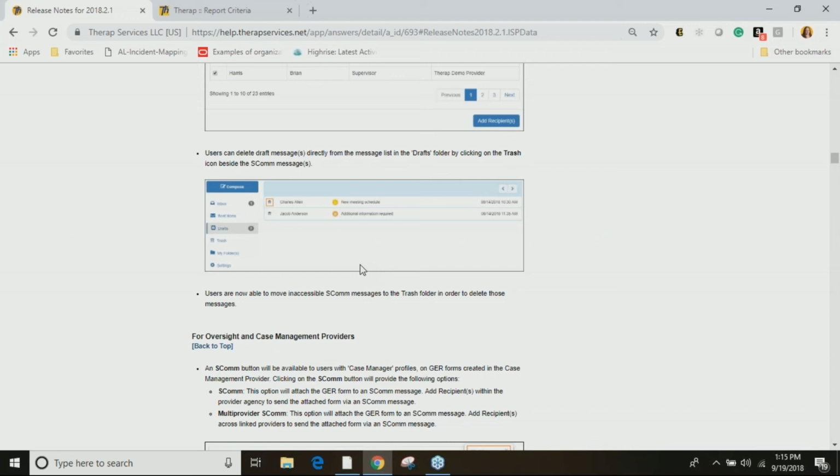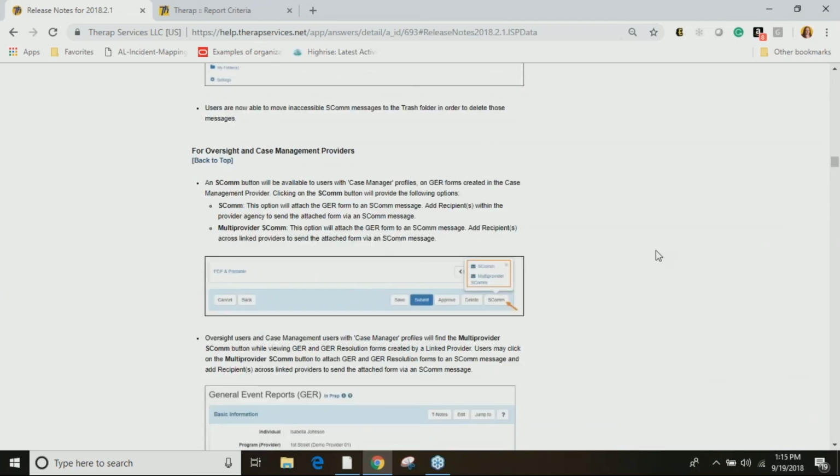It's still going to be that you won't be able to open it if your access was removed. Certainly, if you do need it and your super admin adds that access back, you'll be able to see it. But if you lose access to an individual, what we're changing is that you'll be able to trash it. So if it's sitting there in your inbox and you want to clear things, you will be able to move that to your trash folder.